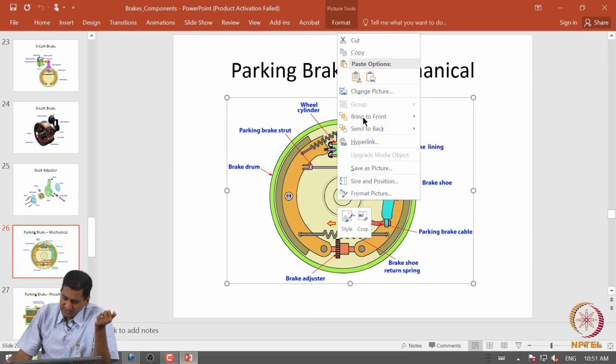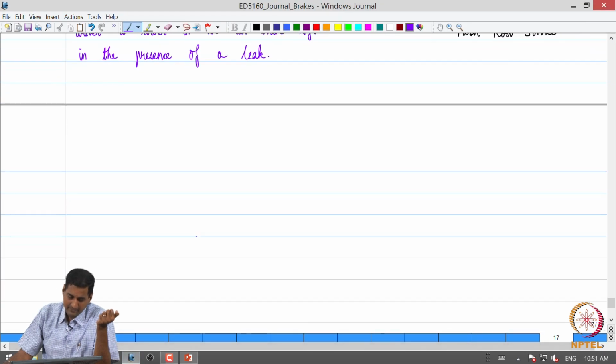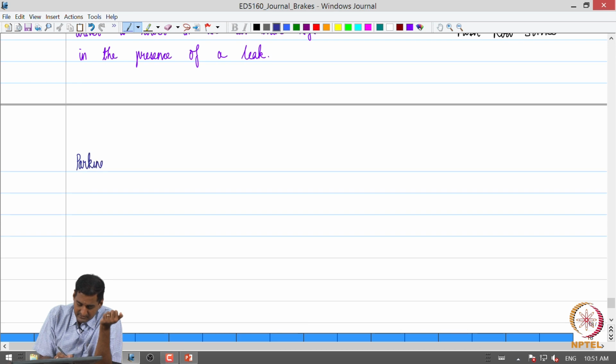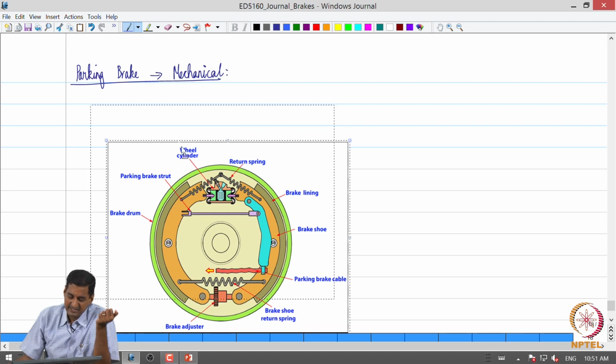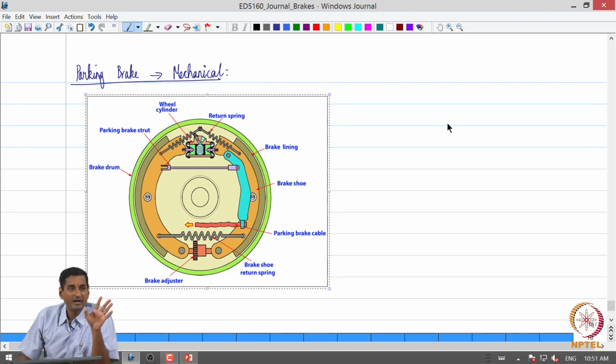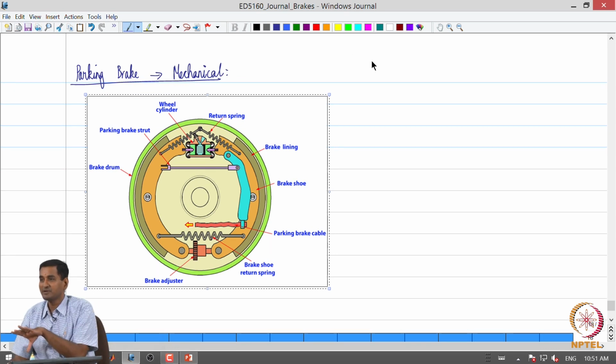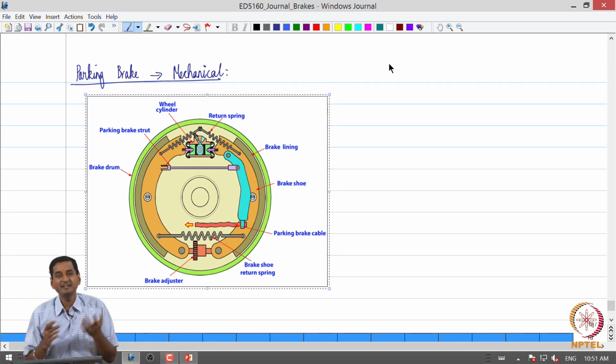So, the last component which I am going to discuss are parking brakes. So, let us look at what happens in a hydraulic brake system. So, I am calling it a mechanical parking brake first. So, as we mentioned when we discussed this configuration of disc brakes in the front and drum brakes in the rear, right. So, I also told that in addition to the reasons that we discussed, there is also one more reason why drum brakes are still popular in the rear, and that is due to the easier integration of parking brakes in the rear. So, if you take a typical passenger car, how do we engage the parking brake?